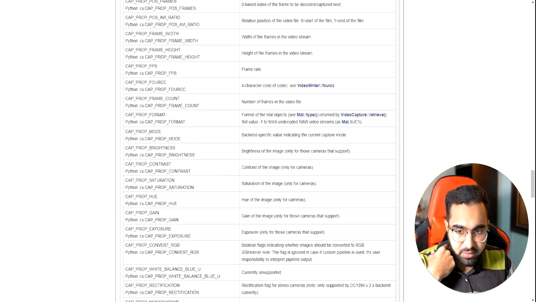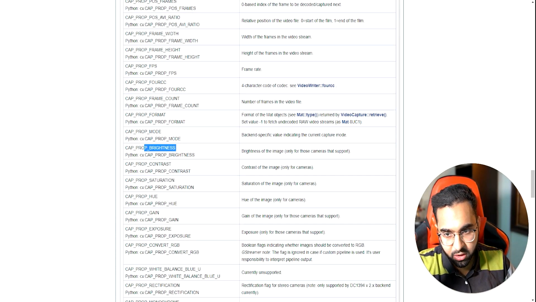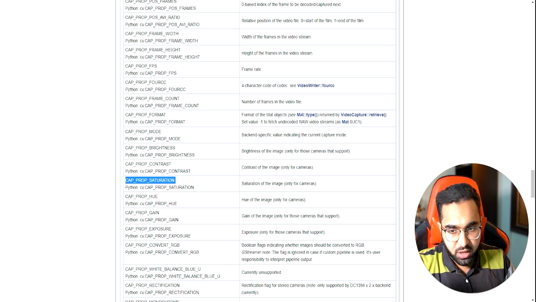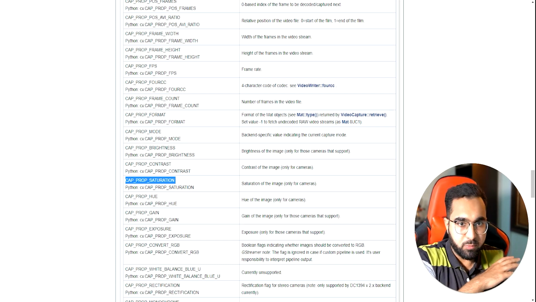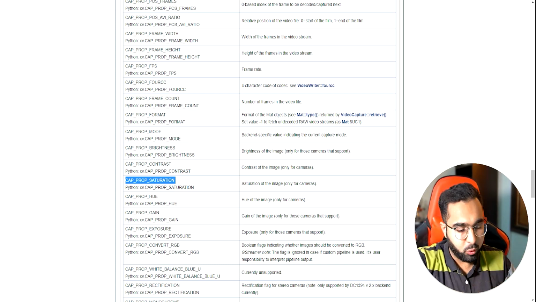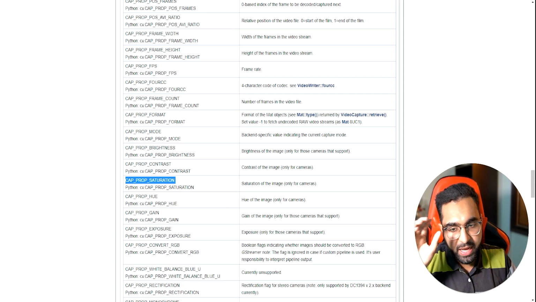There's another function here for setting or getting the brightness, the contrast, and the saturation. The difference between setting and getting these properties rather than doing post-processing in an OpenCV loop is that you're setting this at a hardware level. So you're setting the camera properties.